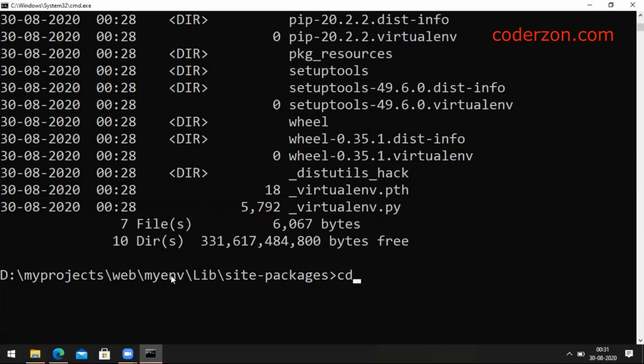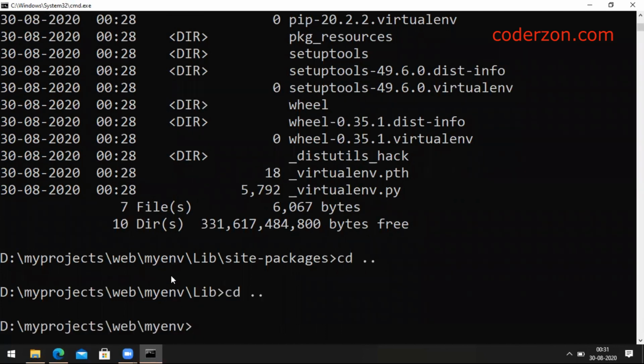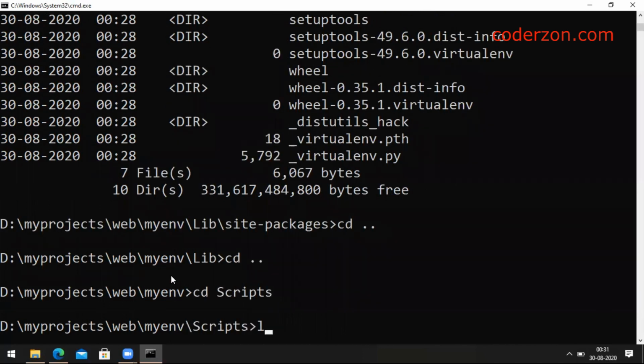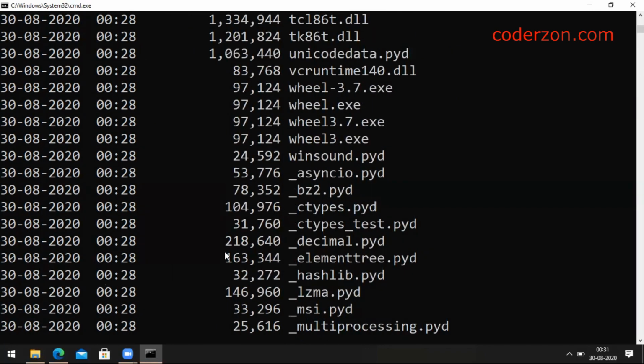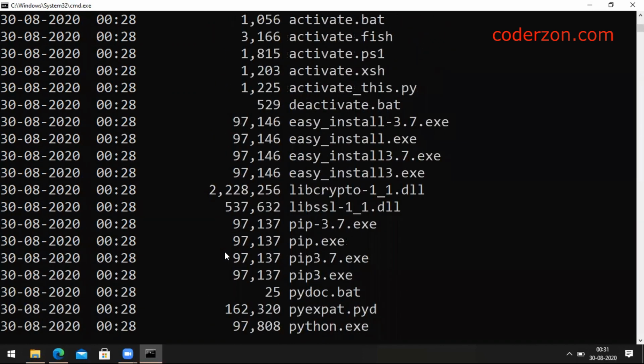So we have to make sure that the virtual env has been activated. To activate, we have to go back to the myenv folder. There you can see a Scripts folder. Inside Scripts, we can see the activate.bat file. Similarly, the deactivate.bat file.